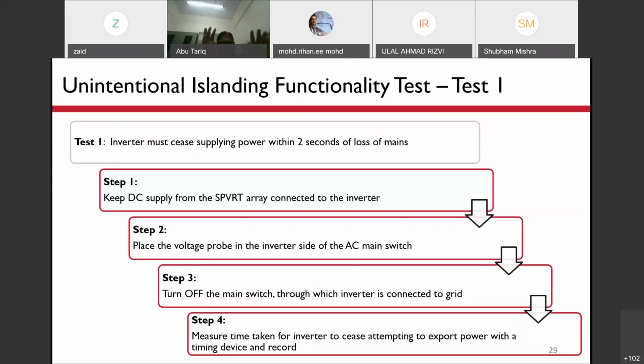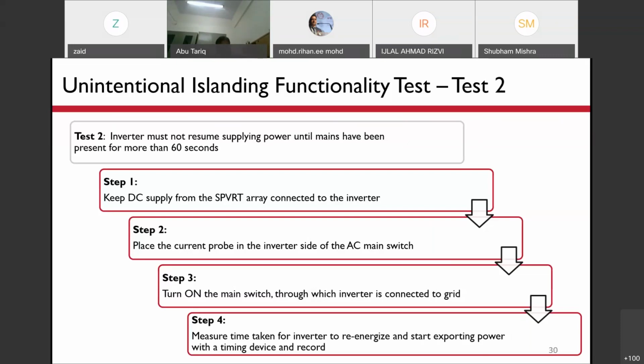So again, we connect the DC supply from the PV array to the inverter, place the voltage probe across the output of the inverter, and disconnect the grid supply manually using the main switch. We check the time after which the voltage becomes 0. This should be within 2 seconds. If so, we can say that this function is working properly.